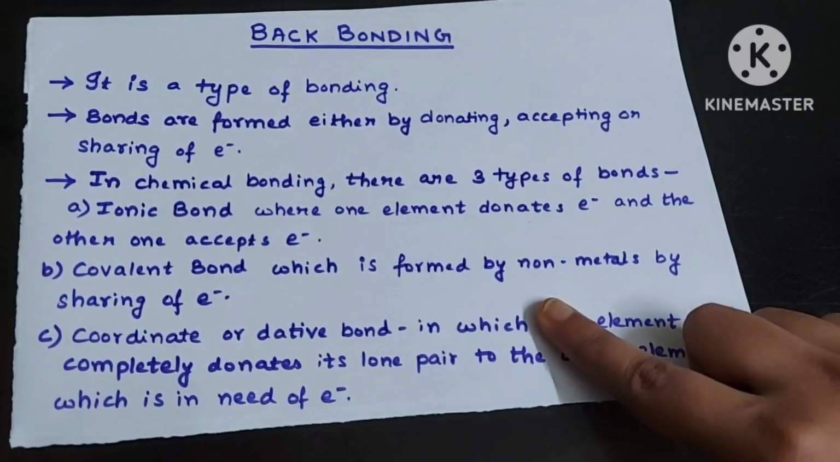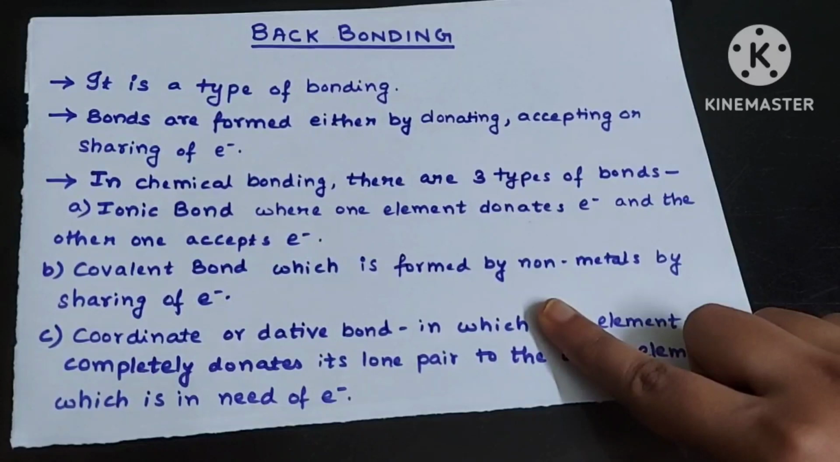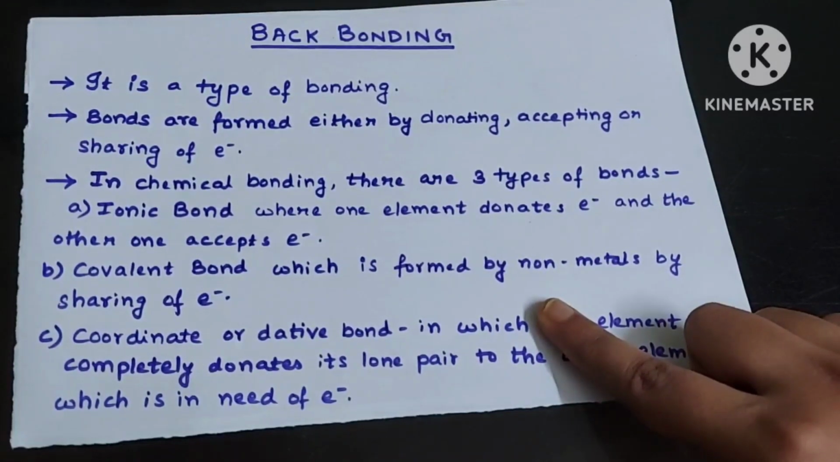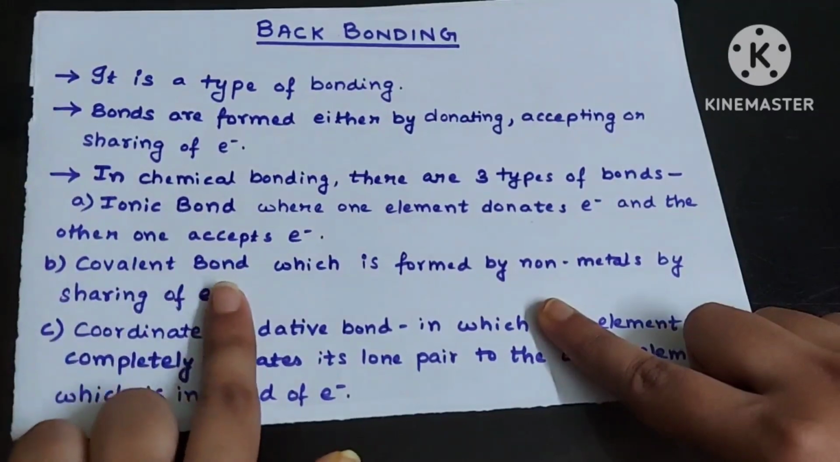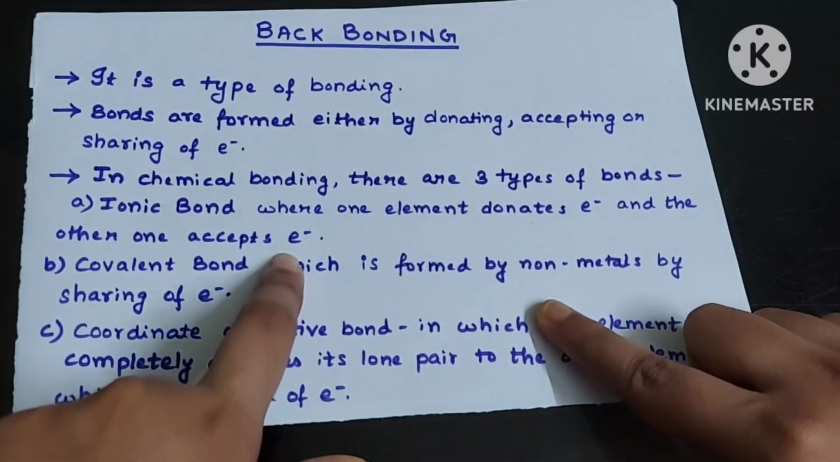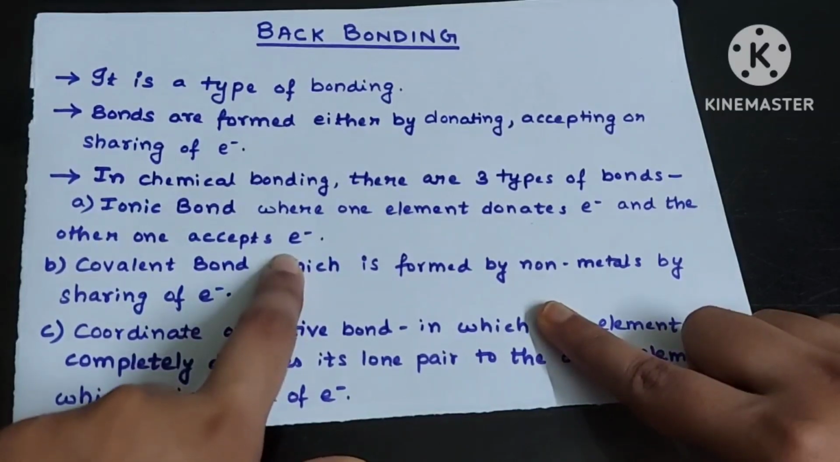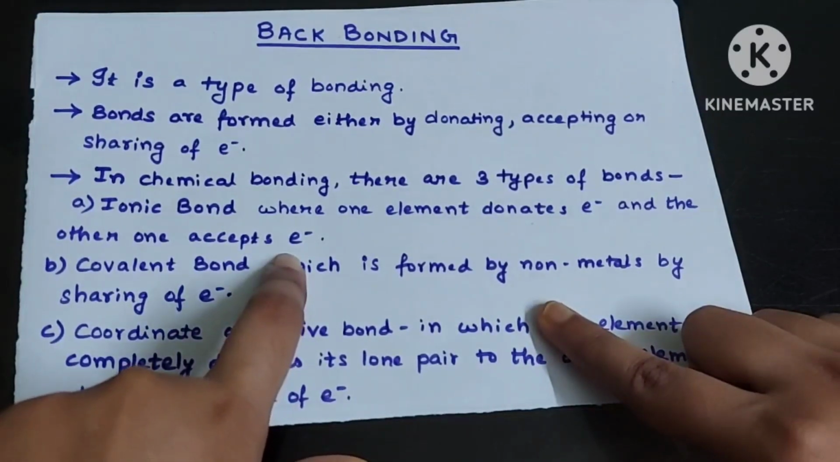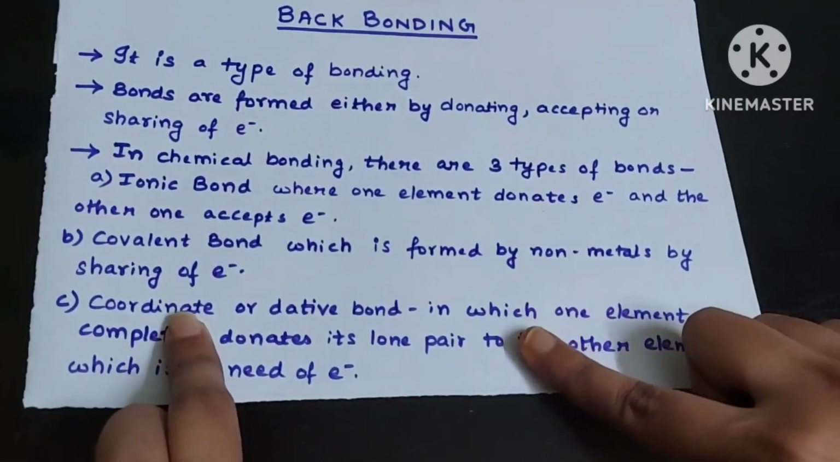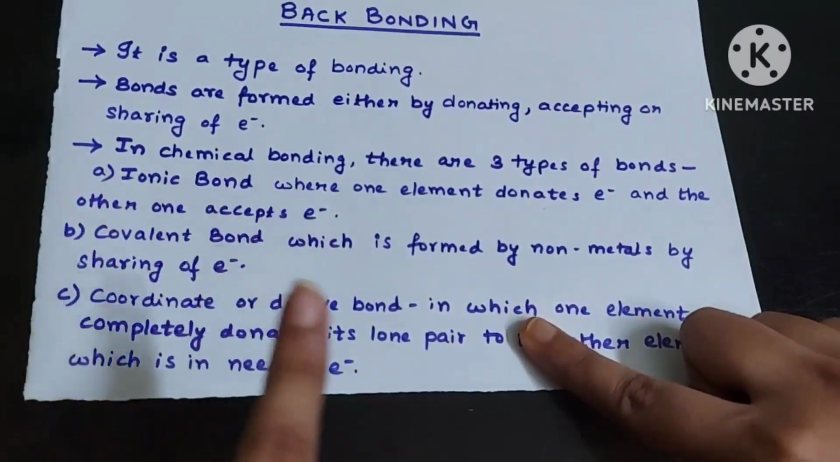Okay, so it will gain noble gas configuration. Both will gain, sodium and chlorine, both will gain noble gas configuration. Sodium, after losing one electron, will gain noble gas configuration, and chlorine, after accepting one electron, will gain noble gas configuration. And then the third type of bond that we read in chemical bonding is